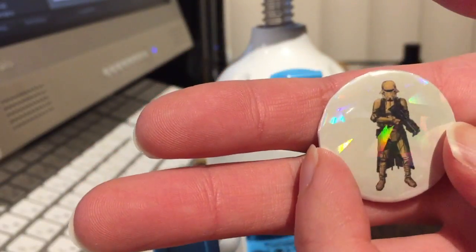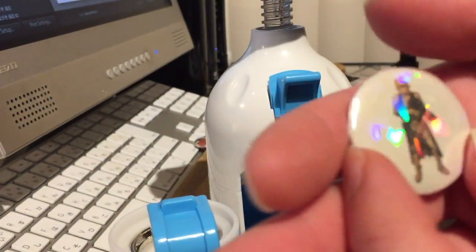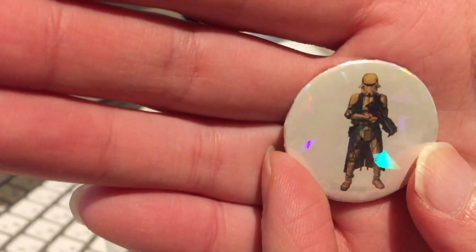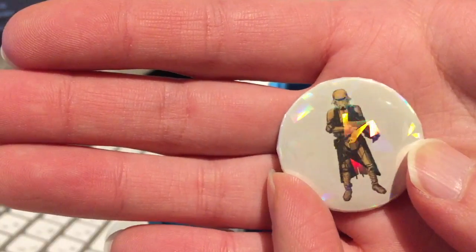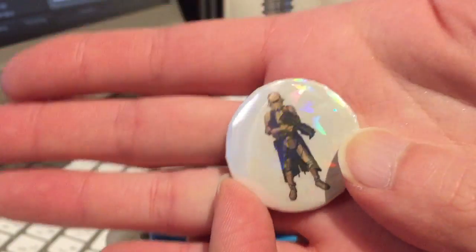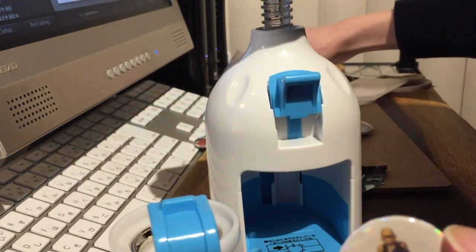So if you have something simple, like with a lot of white, you see that? Oh man, the soundtrack in the background is pretty loud. Oh well. Yeah, so I'm gonna add the clip again